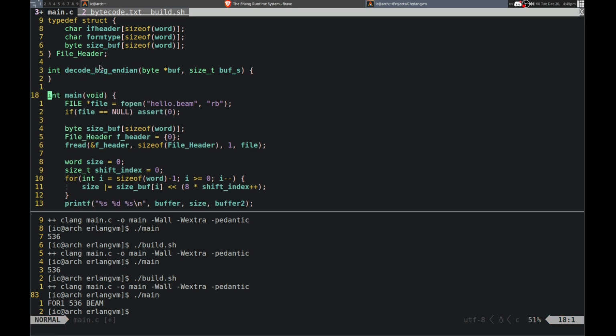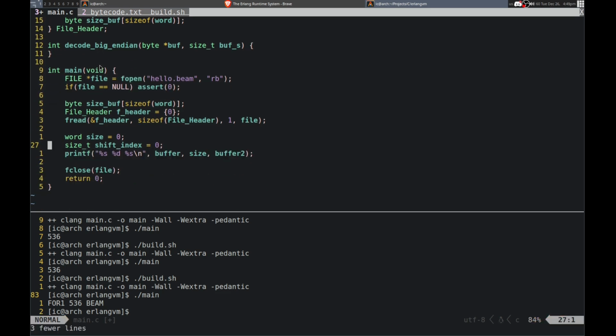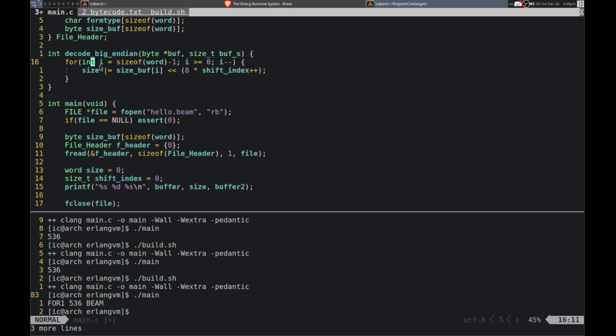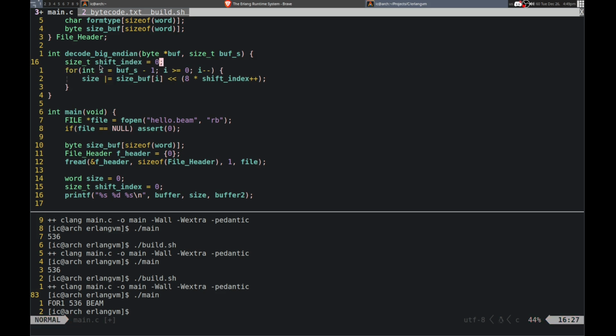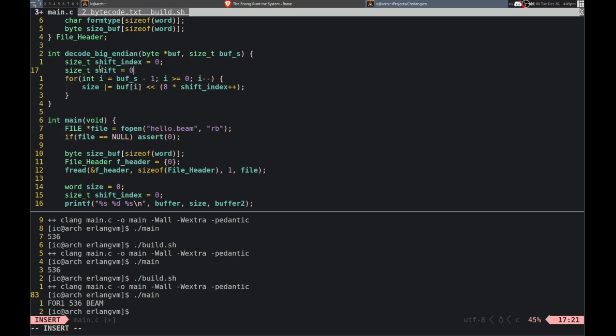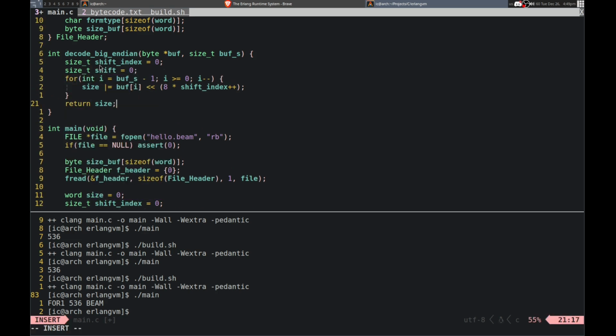Well, actually, I can just take this loop. So this is going to start at buff size minus 1. Yeah, and it'll be that same thing, and then I need a shift index. And let's see, so this is just buff. Shift as well, and then just return the shift.